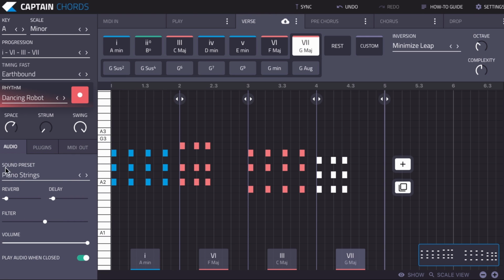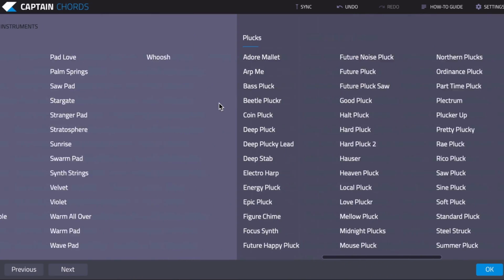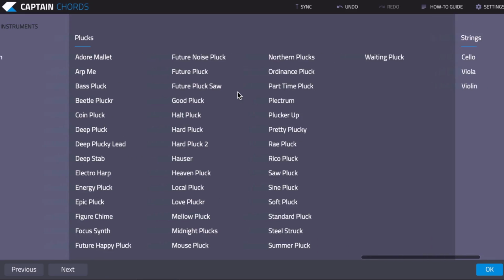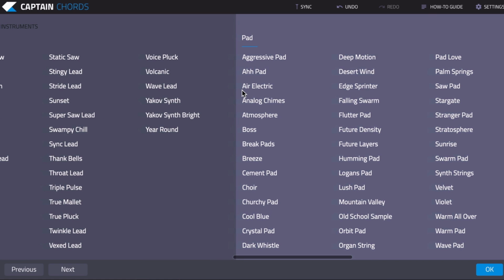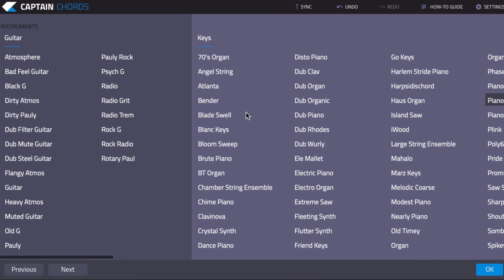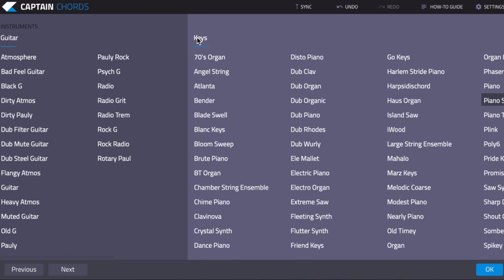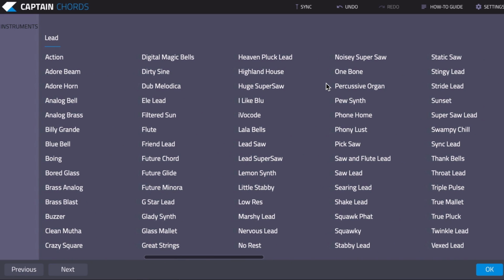Then down here we've got the audio presets, so you've got all different styles, so voice styles, strings, plucks. These are specific to Captain Chords, so we have a different set for Captain Melody and Captain Deep and so on. Some of them are crossover because they work with both, so we add them into more than one plugin. So there's lots to choose from. You know, they're all categorized: keys, so that's like piano and sounds similar to that. Guitar, lead sounds. And these will be the main sort of melody or riff in your song.